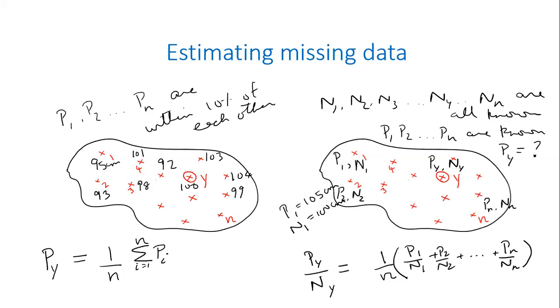So all of these terms, P1/N1 plus P2/N2 plus P3/N3, all the way to Pn/Nn, all of these individual terms are telling you how the average rainfall in these locations compares to the actual rainfall received this year. If P by N is greater than 1, that means I have received more rainfall than I normally receive. If P by N is less than 1, I have received less rainfall than I normally receive.